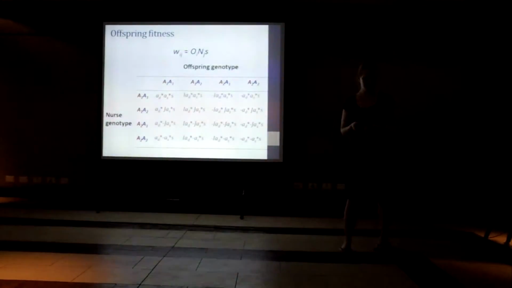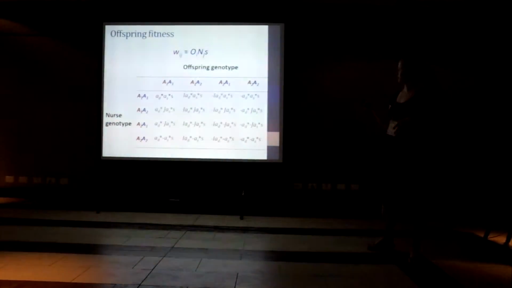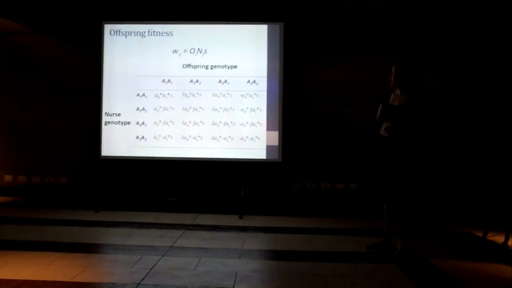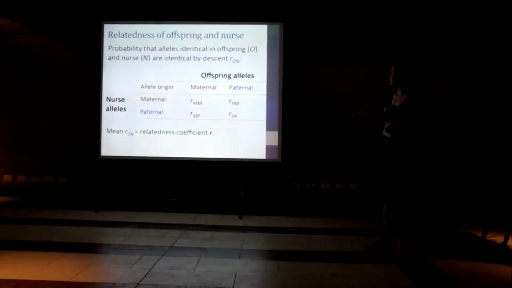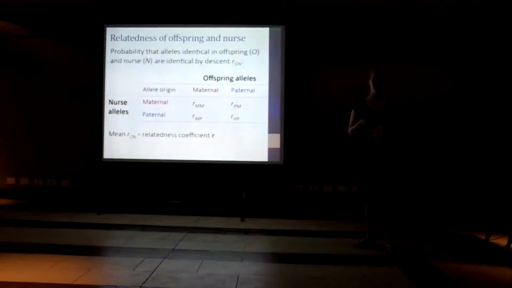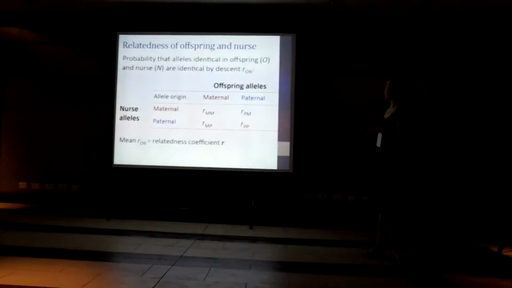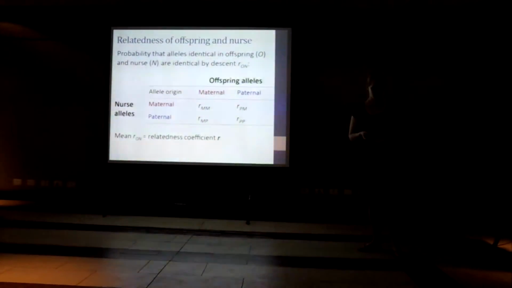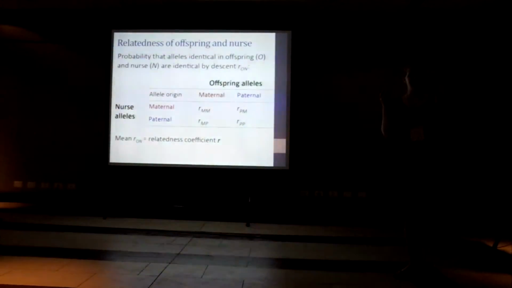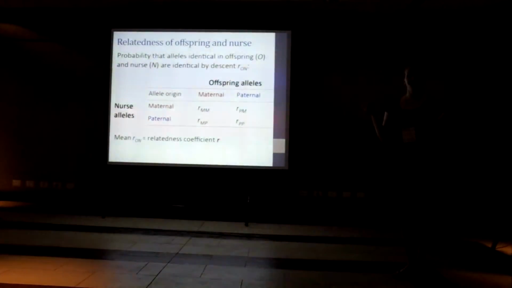And so that gives us a matrix of 16 possible nurse-offspring genotype interaction combinations, for which we can estimate a mean offspring fitness for each one. And then the final parameter that we need in this model is an estimate of relatedness of offspring and nurses. Because we're interested in imprinting, we need to distinguish between the relatedness through their maternal allele and their paternal allele. So we've derived these 4